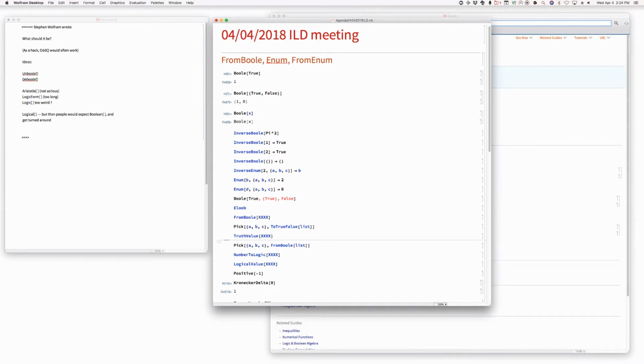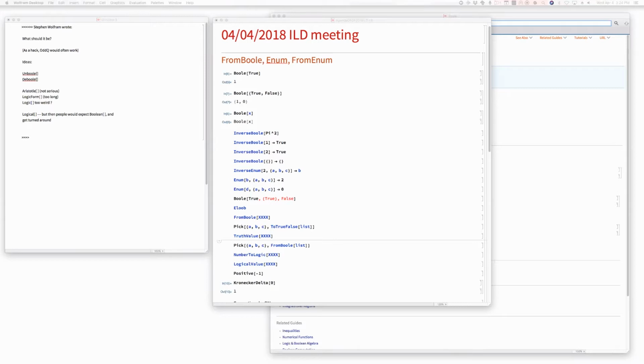It's okay. I'm not against it. Well, does it mean the right thing? What is a truth value? Is a truth value something that one can reasonably say is